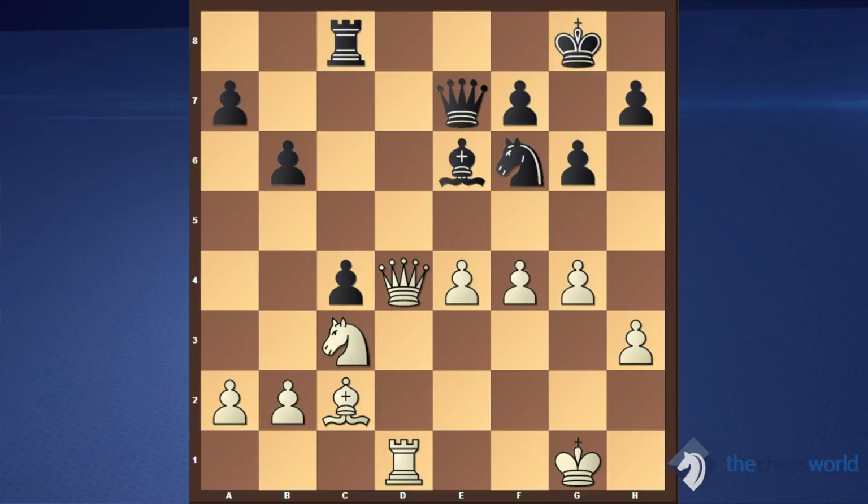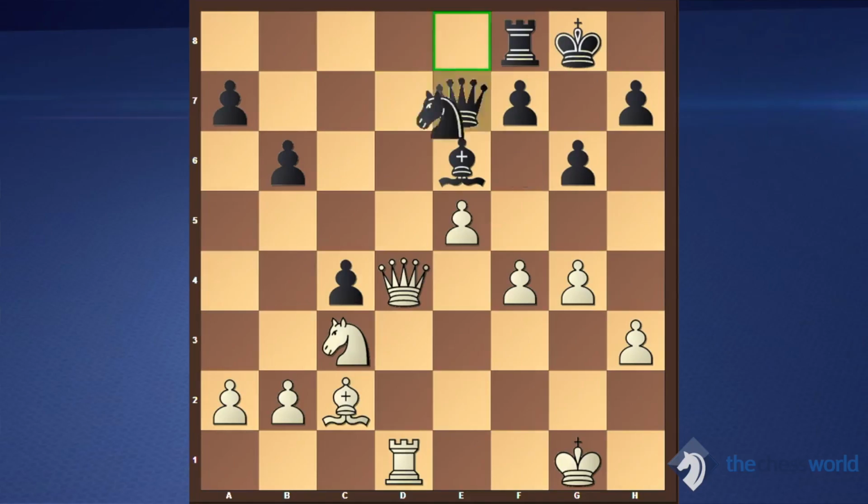Also, we can look at, let's say, rook f8, trying to avoid the fork on d5, and also make an escape for the bishop. Any other rook move would also be equivalent. Then, for instance, here e5, and the knight is driven to a very unfortunate square e8, because if knight to d7, then comes f5, and the bishop is trapped. Knight to e8, f5 anyway, bishop is driven back,